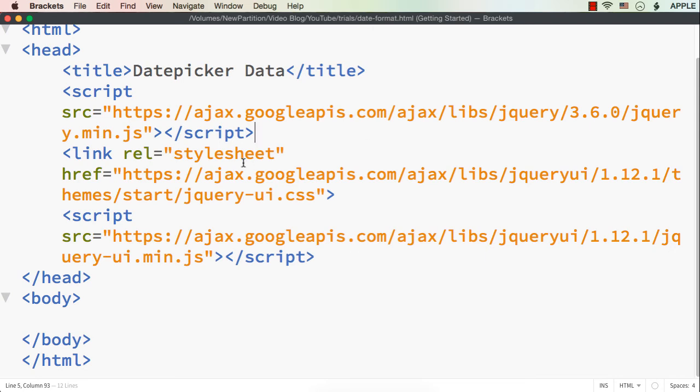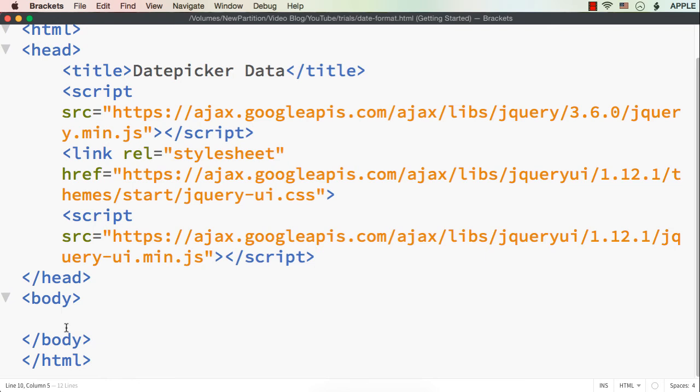If you don't want to have online referencing, then you can go to the official websites of jQuery and jQuery UI, and from there you can download them and add them as offline reference. I have explained this because even now I'm getting comments like where you are getting these libraries, or my jQuery UI project or jQuery project is not working. So you need to have the reference correctly added, then only the code will work. Now let me add the code.